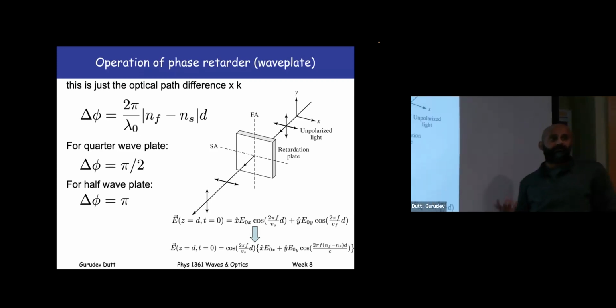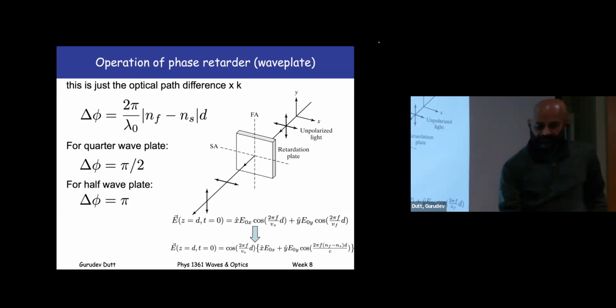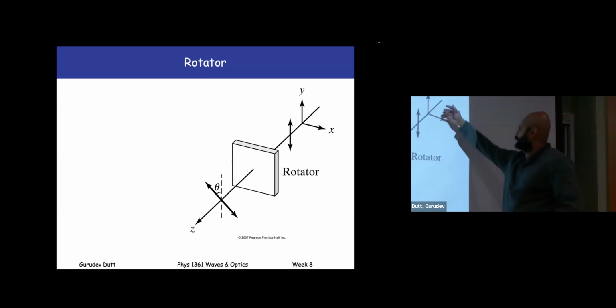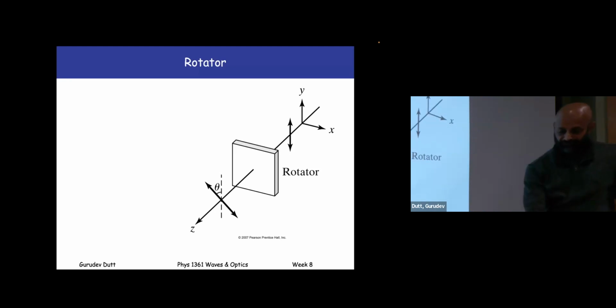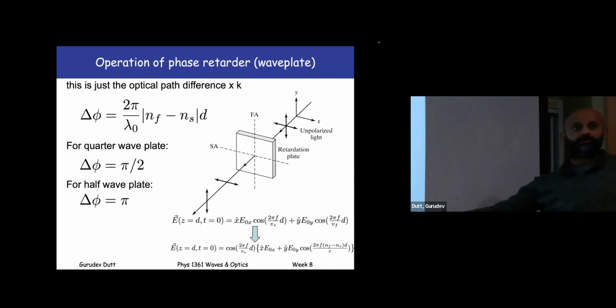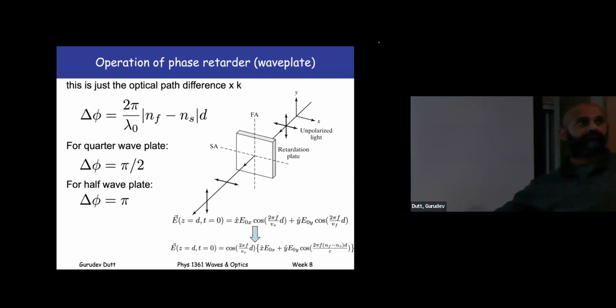What does a half wave plate do to linear polarized light? Again, we can think about this by considering what happens to linear polarized light when it enters into this system. Then again, if we go back to this expression, basically, if I put a pi here, that just means I'm flipping the sign of the y component, right? Because cosine of pi is minus 1. Okay. So that means that